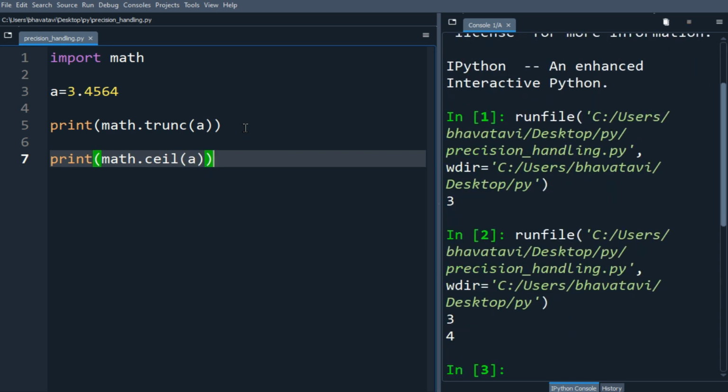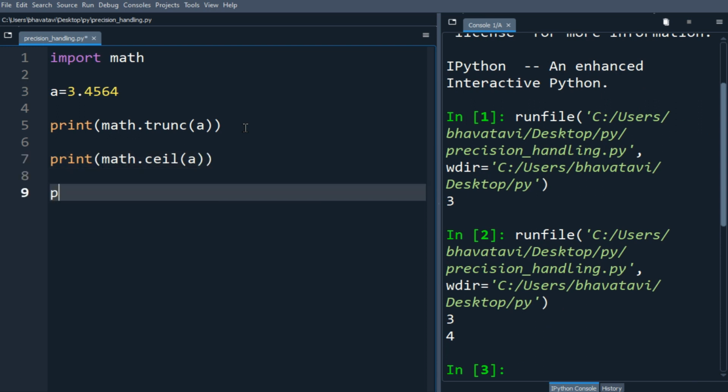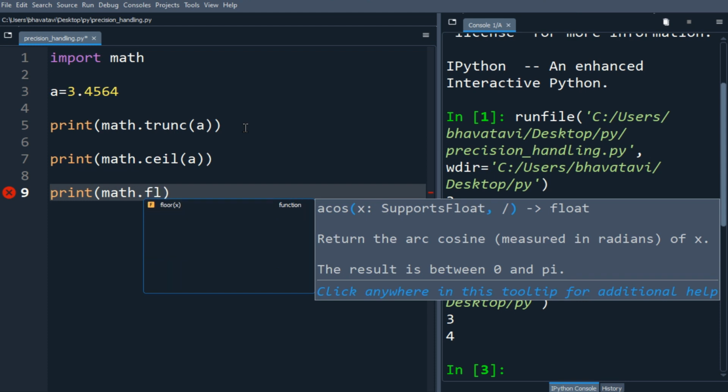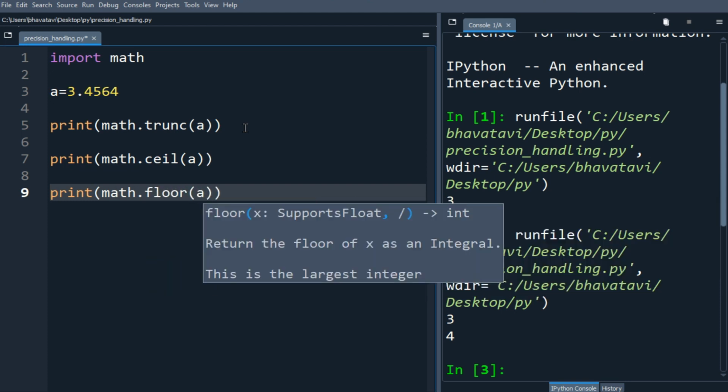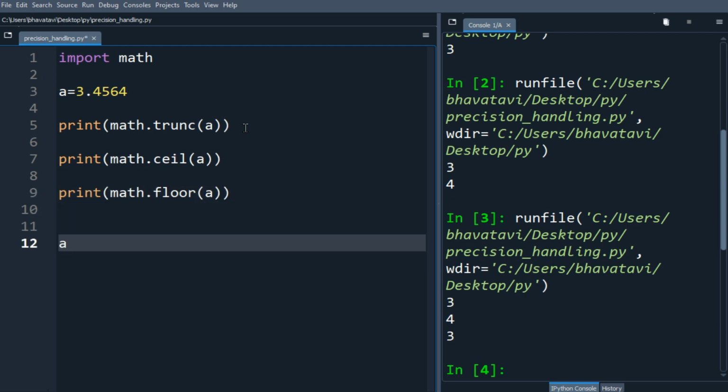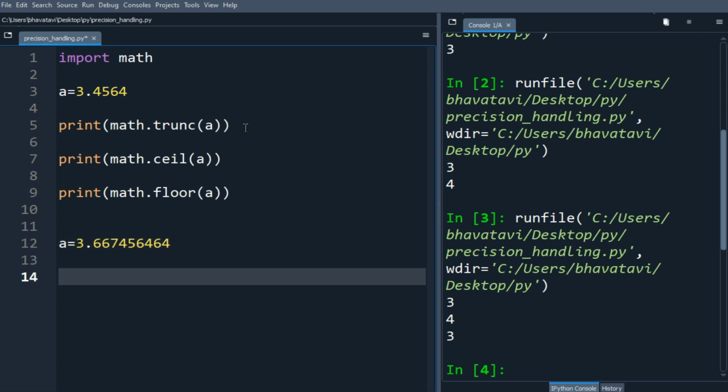When you see the output, it contains the smallest integer greater than the number. So let's print and use math.floor of a. This floor will return the greatest integer smaller than the number itself. So we can use others also, like the percentage sign and so on. Let me make the number like this, and now we will be printing